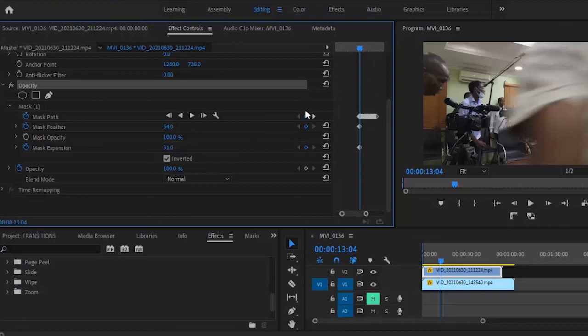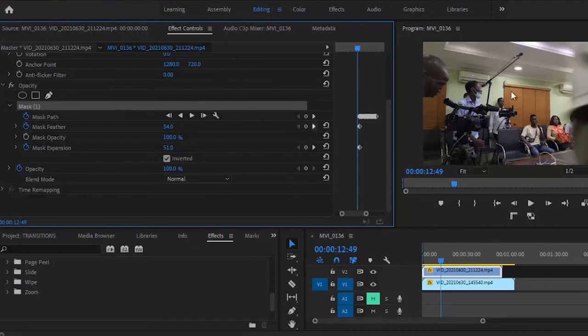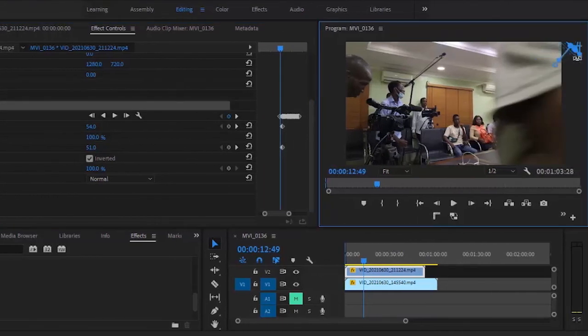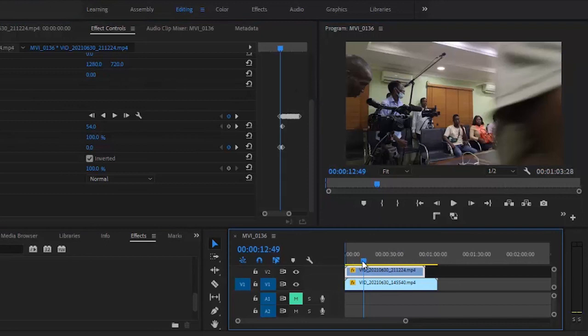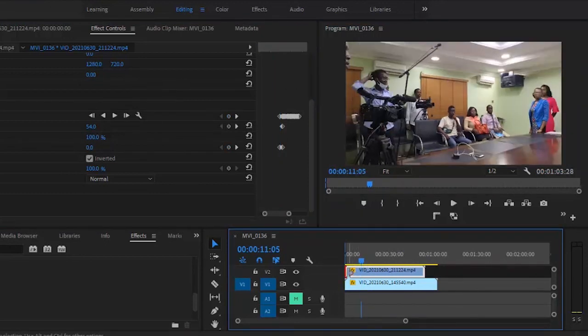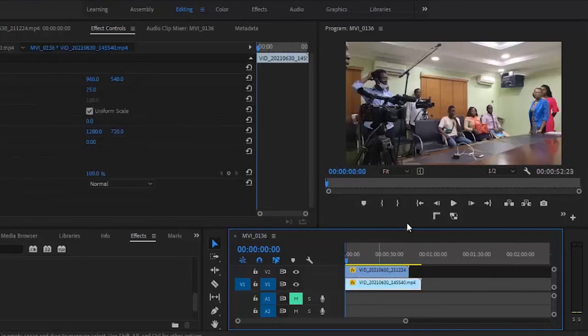So I can just move to the first keyframe, just a second before the keyframe here, and then I will select this mask over here and take it out. I don't want it to show at the beginning, so I'll take it all out at the beginning here. Okay, so if I come just a little before the video and I drag this to start just a few seconds before the video began, let me hit delete over here. Now if I press play,